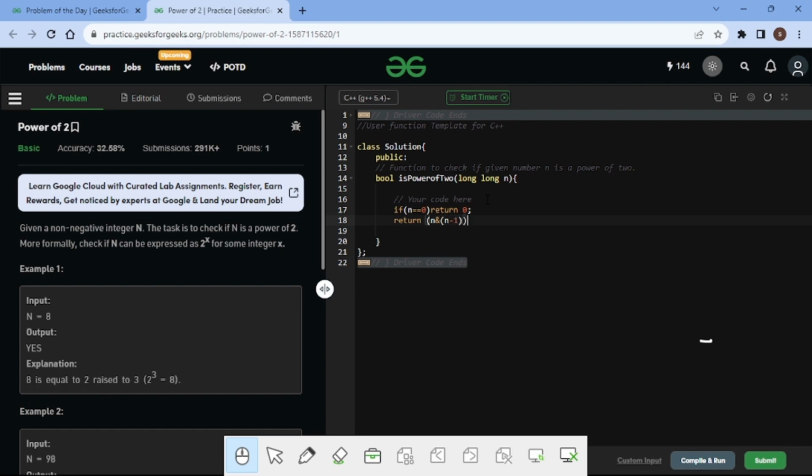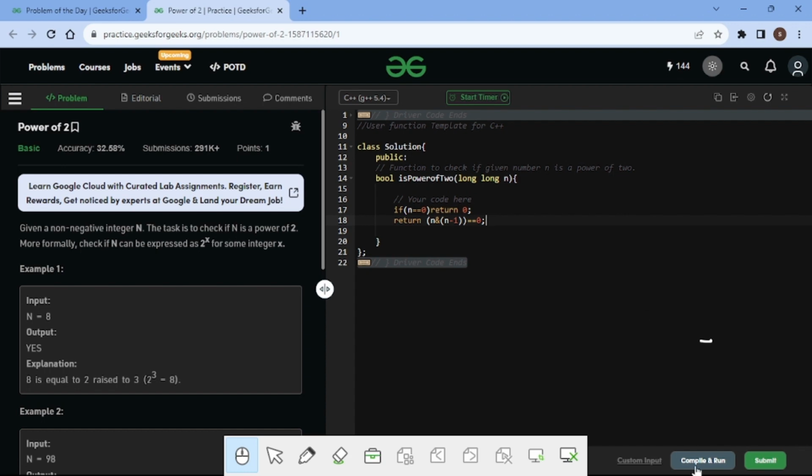If this becomes 0, that means true. Otherwise it returns false. So this is only a simple two-line code.